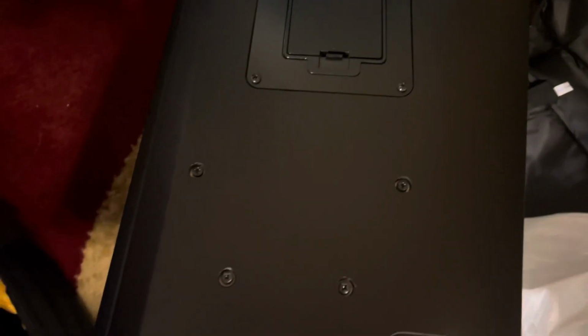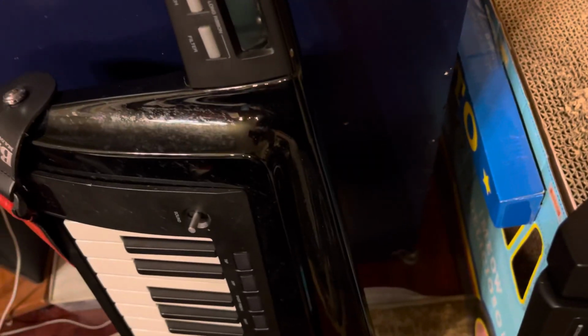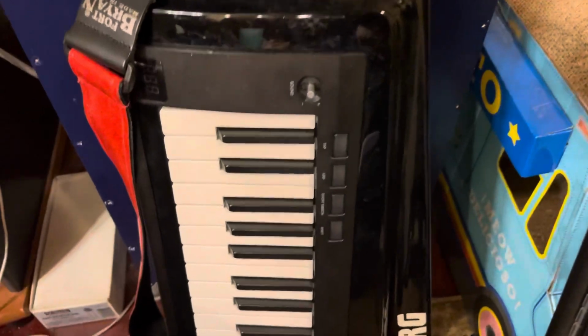On the old one, you had this big old plate back here. And you could take this whole huge plate off. Probably a little bit more interesting to get into on that one, I think. But hopefully I don't ever have to take this one apart like I did my old one. I'm still, I need to get my parts. I ordered some replacement circuit boards for in here, because basically what happened is